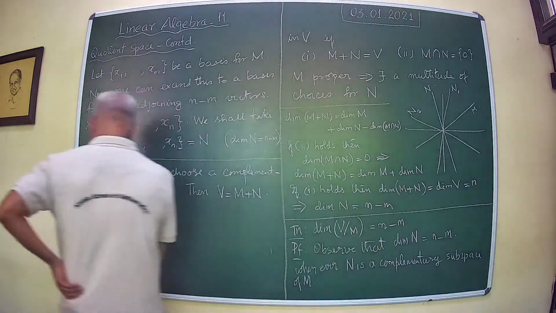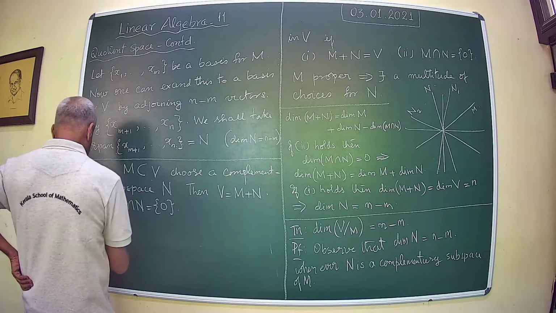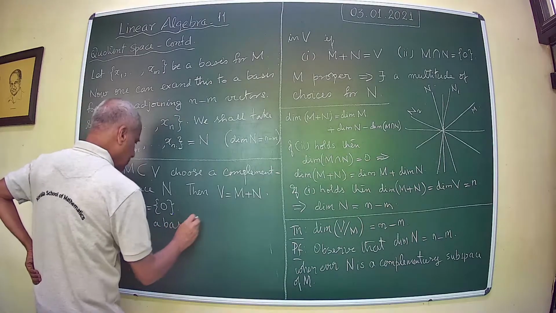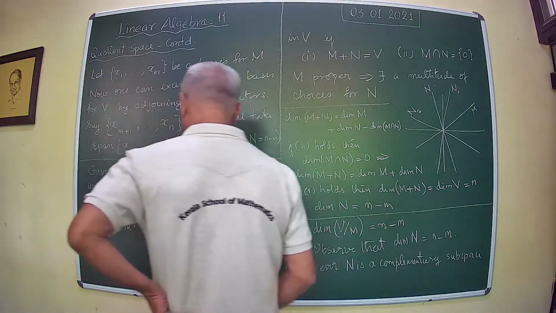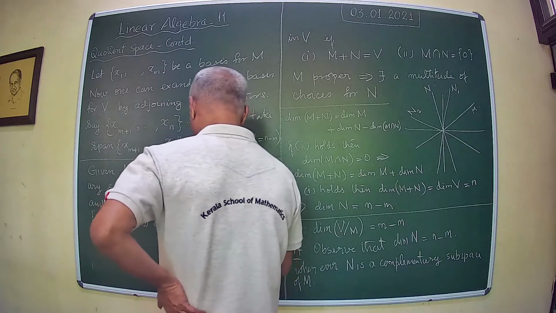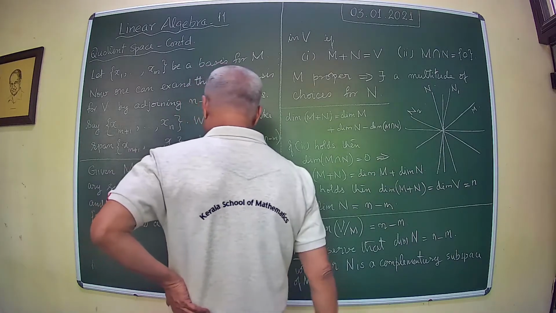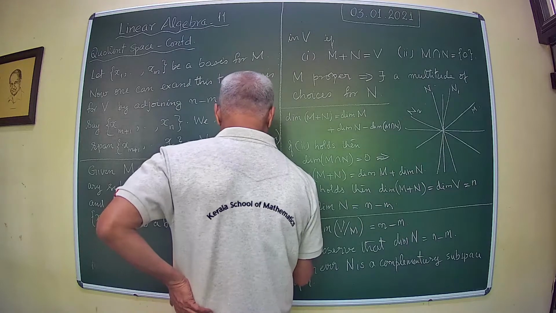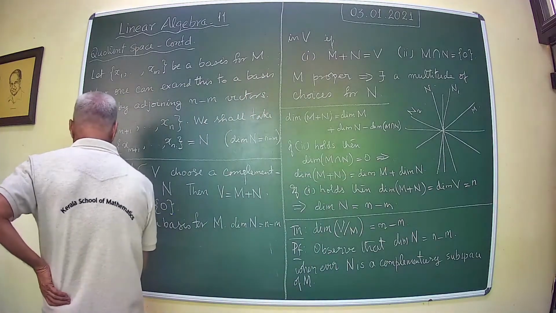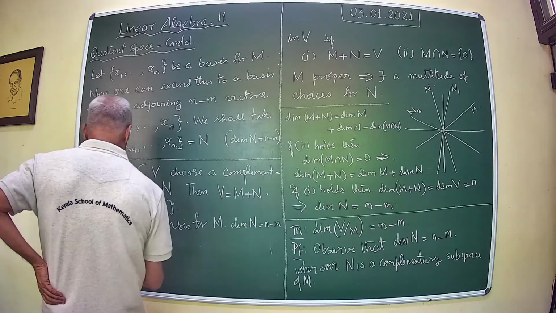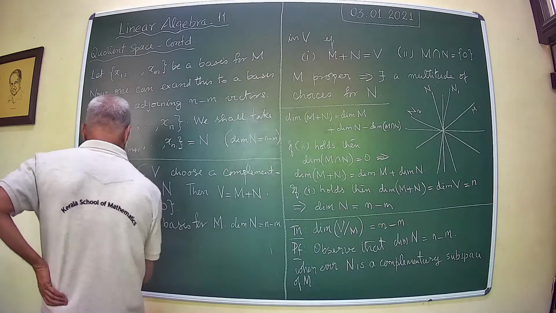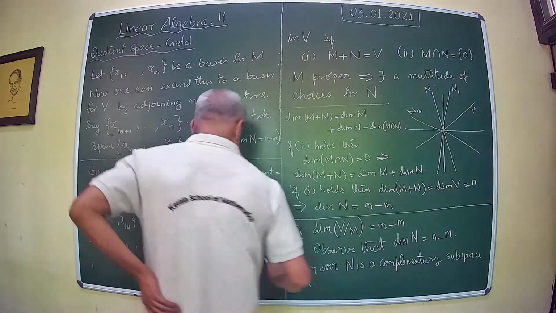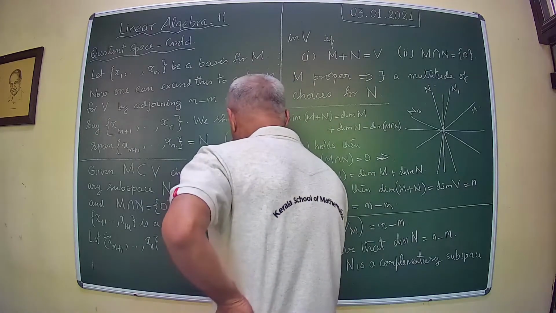Now choose x1, ..., xm as a basis for M. Now you know that the dimension of N is equal to n minus m. Let xm+1, ..., xn be a basis for N. Then